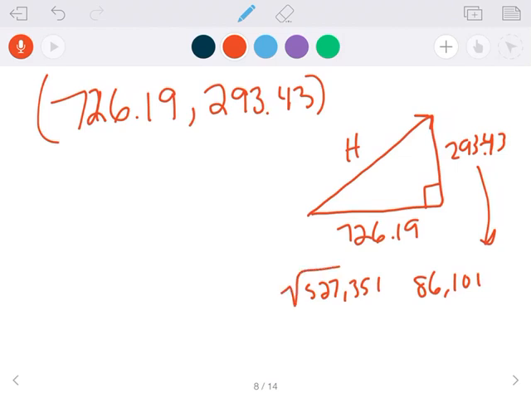We're going to take the square root of those added together. So, square root of 527,351 plus 86,101 is equal to,